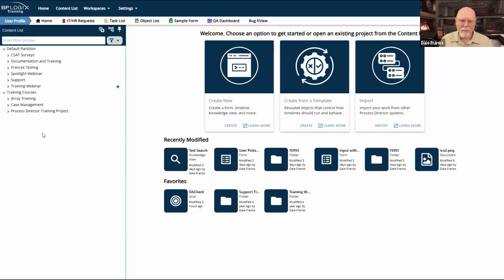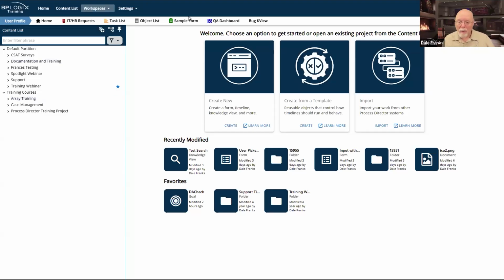Do I need to create partition administrators? If I make one person a partition administrator and then I add them to both partitions, are they going to be able to fully manage both partitions? Yes. Do I want them to be able to do that? Maybe not. So multiple partitions are often more trouble than they're worth, especially because they don't talk to each other. That's the whole point of partitions. I want to have a firewall between partition A and partition B, and they're not going to share stuff.